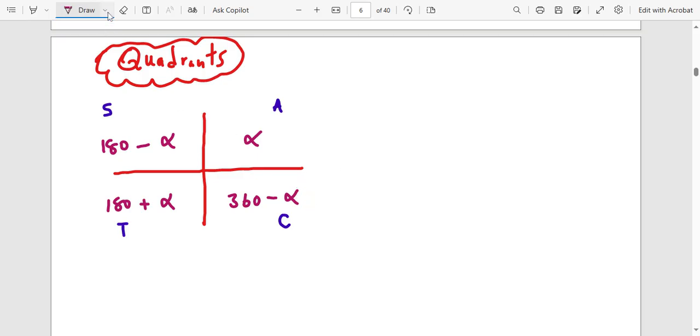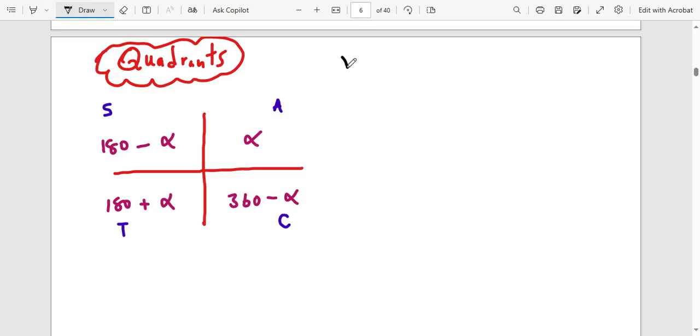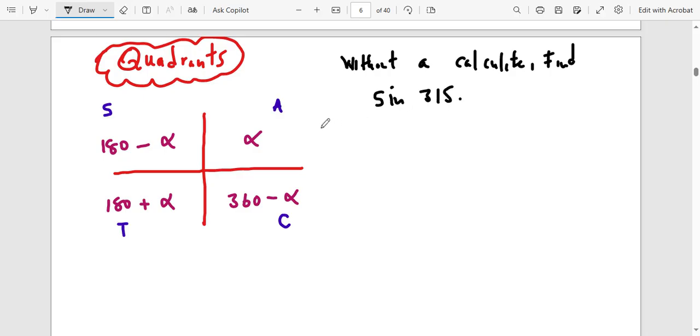This is important for you to understand. What example can I give you here? Let's say they said, without using a calculator, find, let's say, sine 315. The way you are going to work out this one, first thing is you need to know